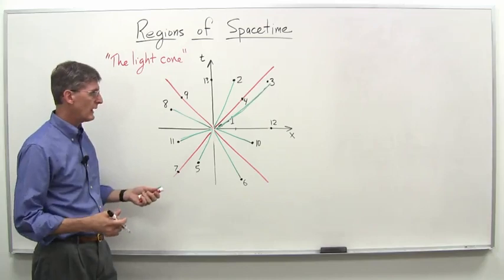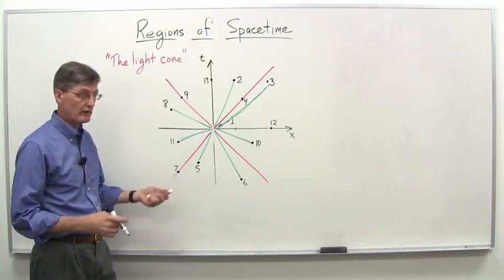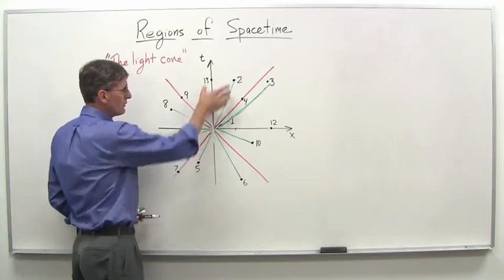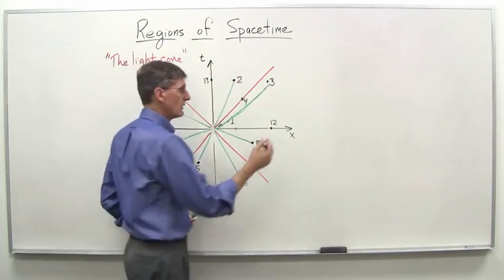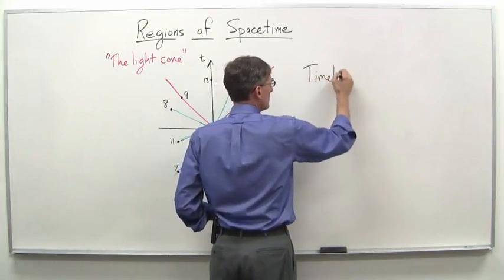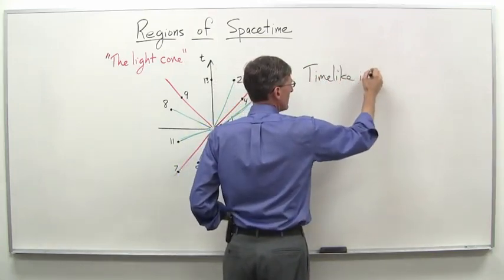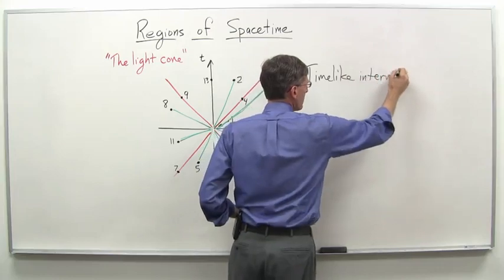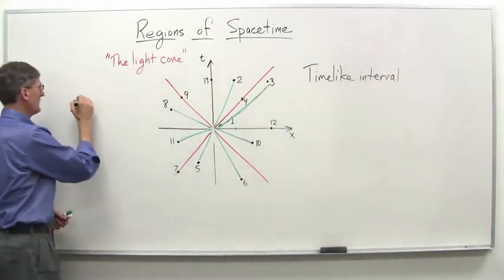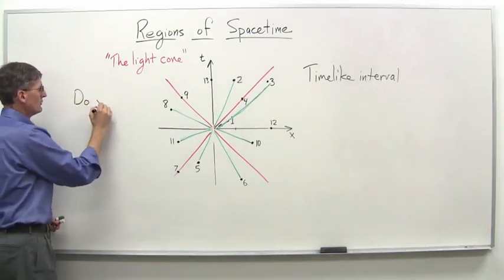We have three names for these situations, because I can either get there in time, whether I'm going to 0.1 or to another point, and we call that a time-like interval. And really the key question here is,